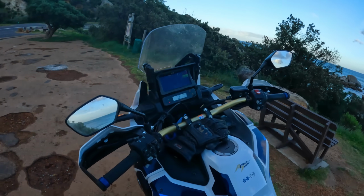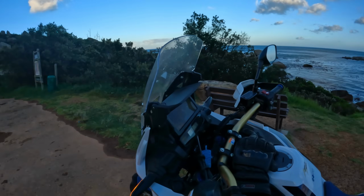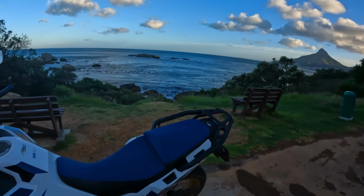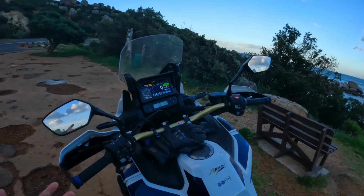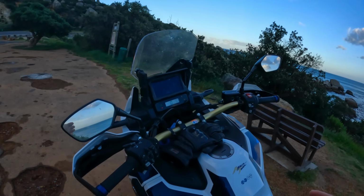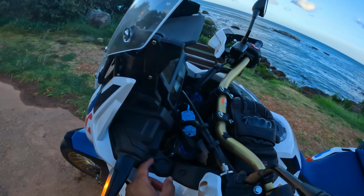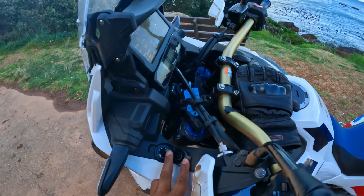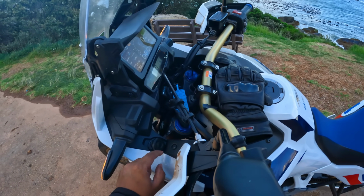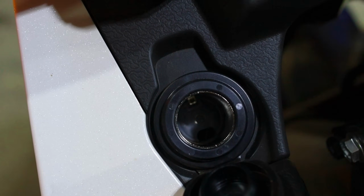So now, since we're on the topic of touring, we all have been in the situation where our phones die, our battery is low, we start to panic. What are we going to do? Carry a power bank. Okay, cool. What if you forget your power bank at home? You are not going to forget your bike anyway. It's always going to be with you. So if you want to charge your phone or anything of that sort, you're camping, you have a device that uses a lighter socket, there is one over here that can...